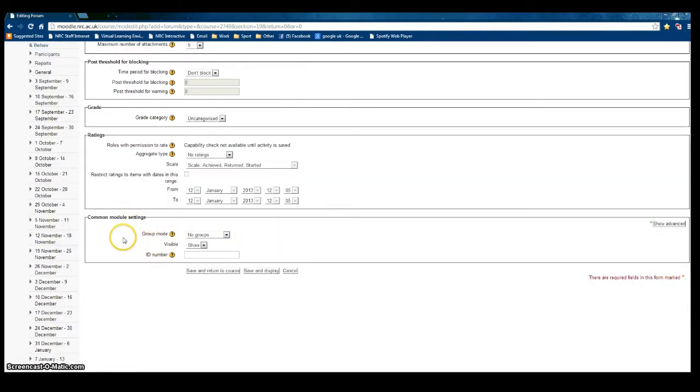Normally we just leave this, but we can select either separate groups whereby the interviewees in group 1 will just be able to see the posts relating to them, and similarly for interviewee group 2. Or visible groups means that both groups can see the forums, but they can only contribute to the one that they're actually in. So if I go separate groups, save, return to course,